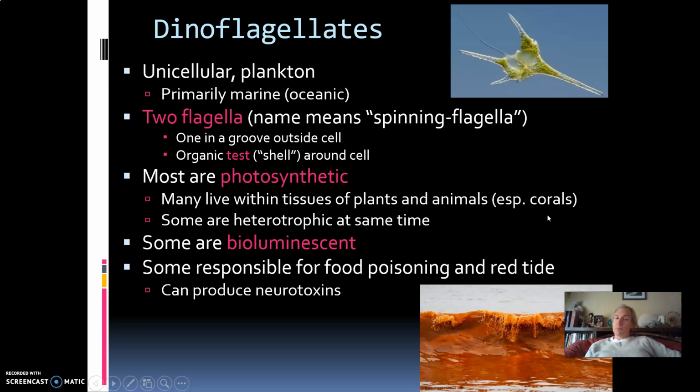So there are certain trees. There are certain animals. The most famous are corals. The things that make up a coral reef are animals, but they tend to have dinoflagellate colonies living within their skin, and in a way, the skin allows the dinoflagellates to do photosynthesis because the skin's really thin. And in the process, the coral gets some free sugar, some free food out of it.